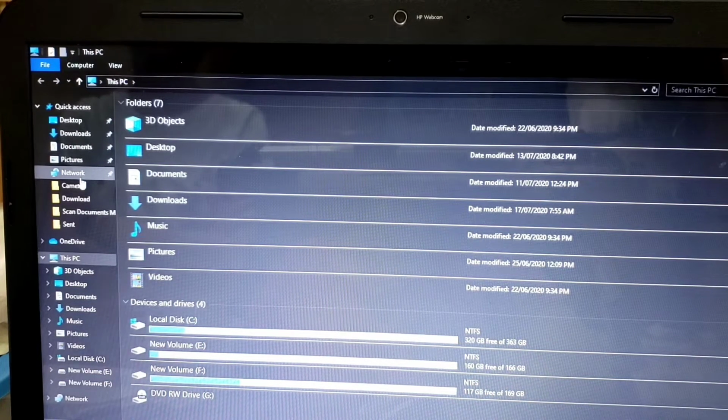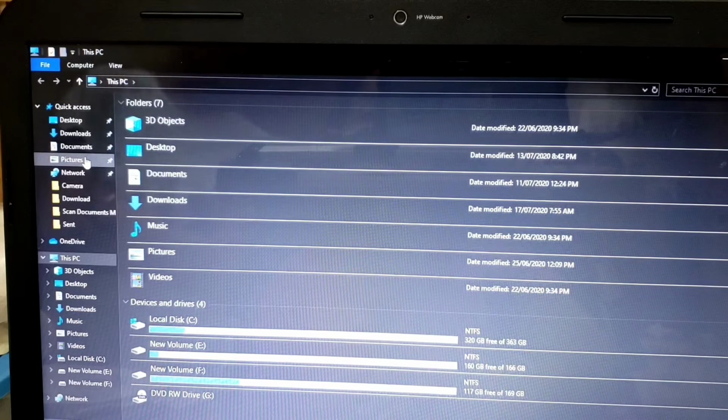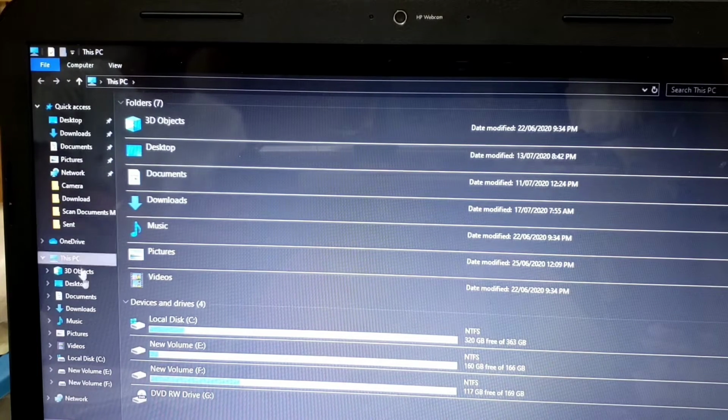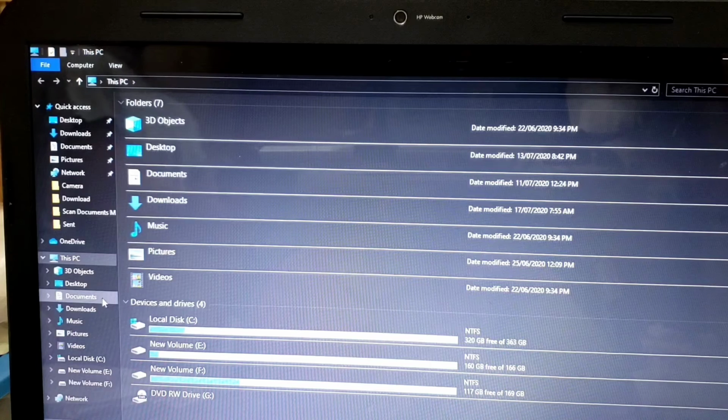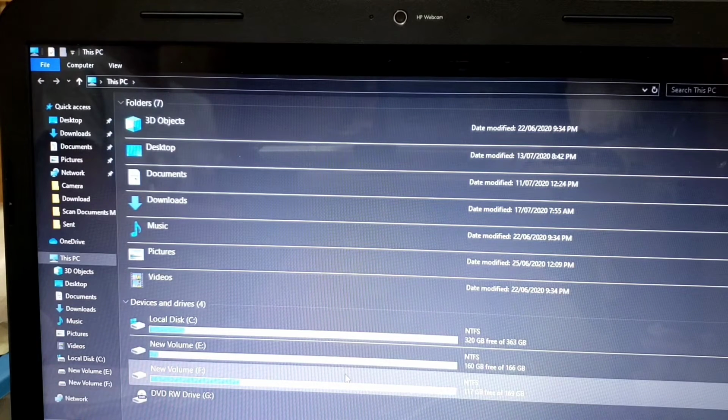Last time I explained how you can save different kinds of files: downloaded documents will automatically go to the Downloads folder, pictures will automatically go to the Pictures folder, and documents will come to the Documents folder. Even your hard disk bifurcation, C, D, E, you can see here when you are working in the Windows Explorer.